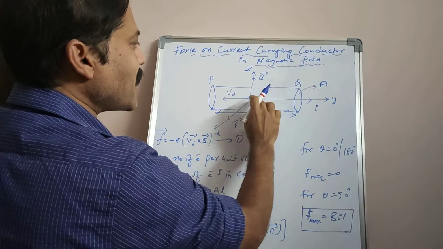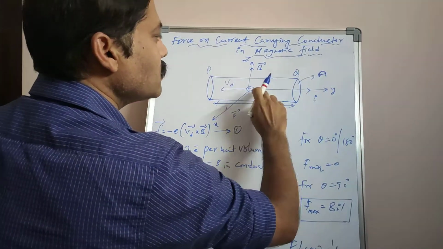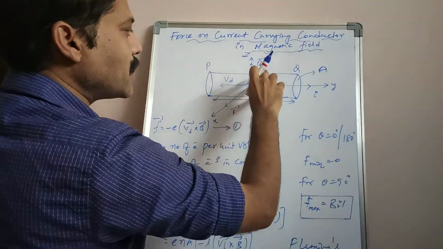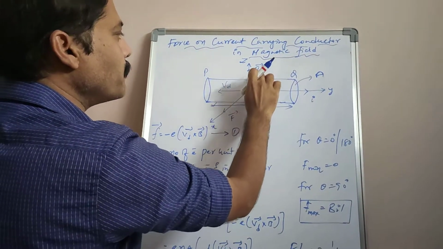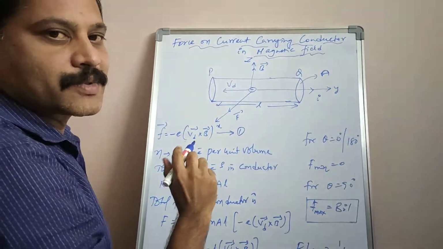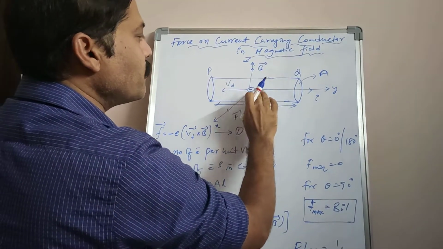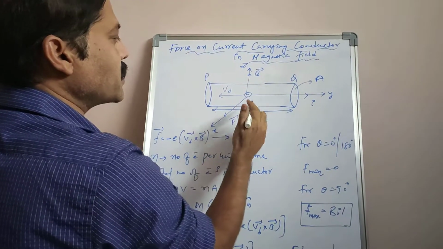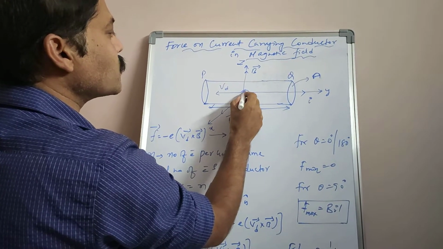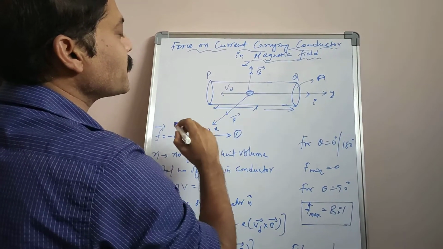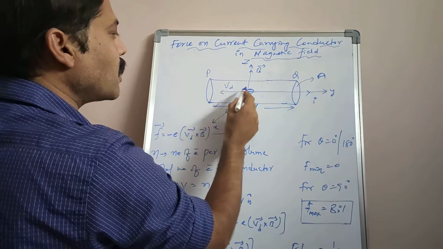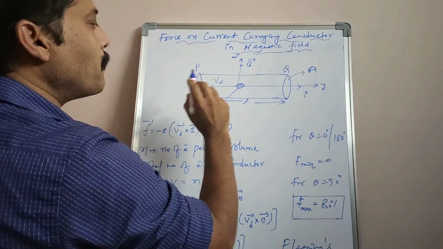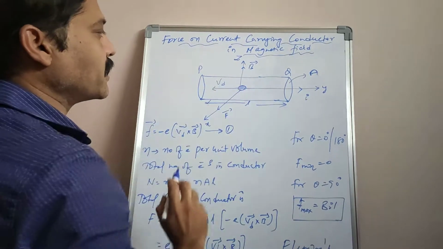Now this conductor carries a current of I amperes along the Y axis, and it is placed in a magnetic field B that is acting along the Z axis. As current moves along the Y axis, let us take one negatively charged particle, that is one electron having negative charge. These electrons will be drifted in the opposite direction to the flow of current with the drift velocity Vd, by experiencing some force due to this magnetic field.